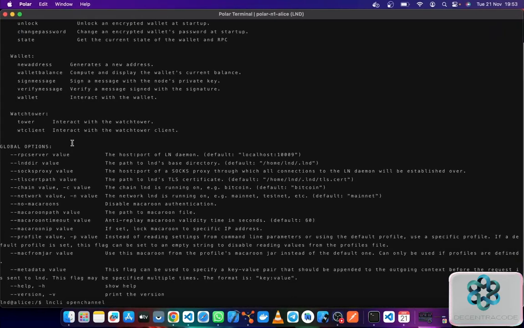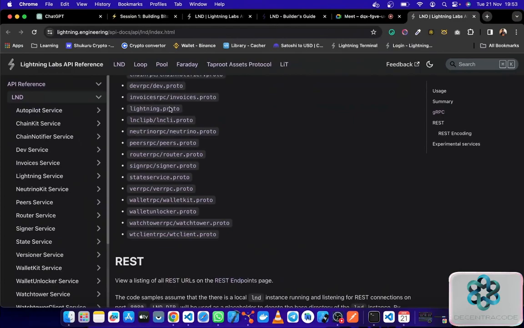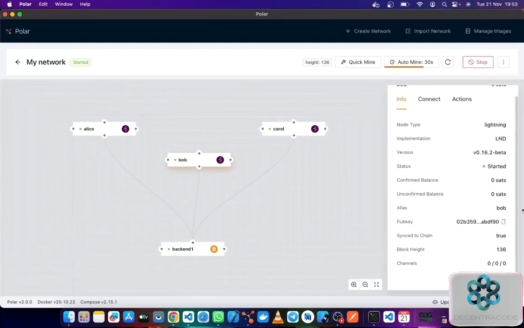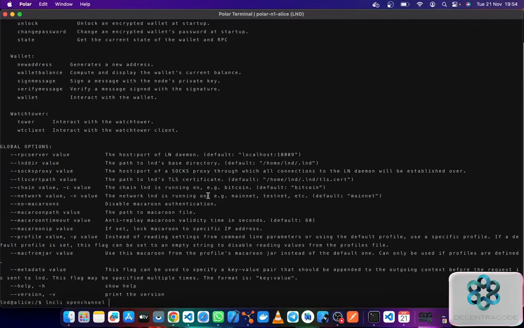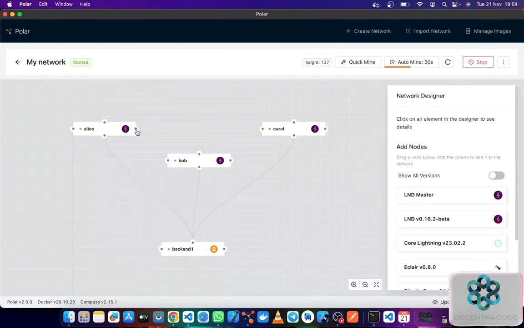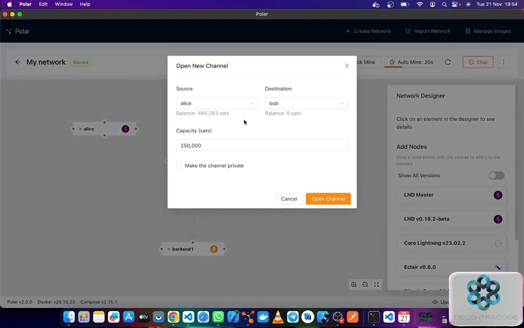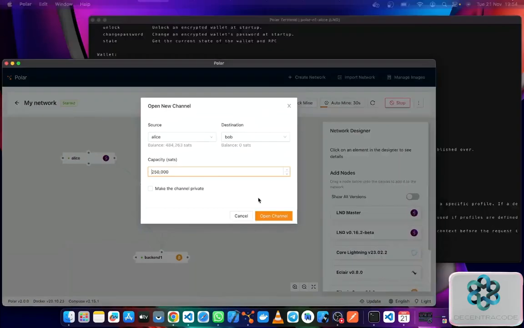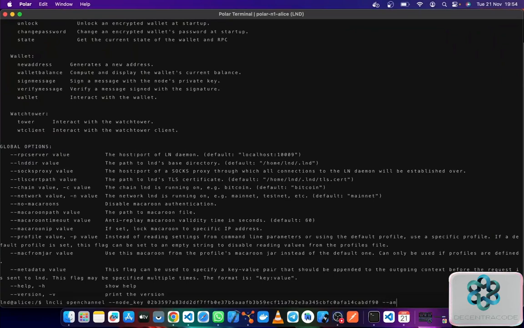What I'll do is, I think it's something called node key. I'm not sure, but let me try and see if it's what I'm thinking, because you'll have to point to the node public key that you want to open a channel with. So the first command is openchannel, and the next one, I think, is called --node_key, and you paste the public key of the user, and you'll also have to specify the amount of your channel. For example, you remember what we did here, when I dragged this from here to this, it asked me the capacity. So this capacity is what I have to enter here. The capacity is under channel amount, so it's called amount. Let me say 250